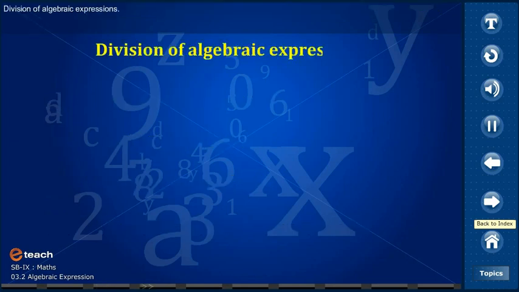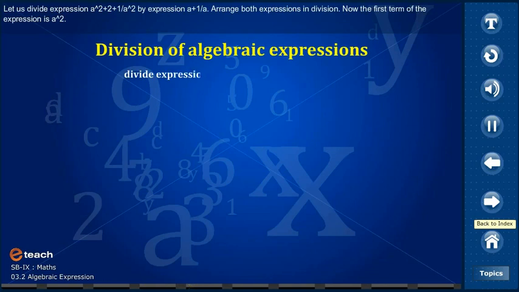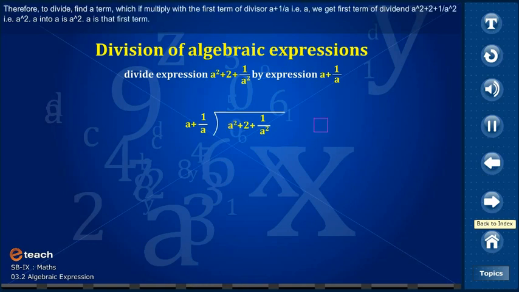Division of algebraic expressions. Let us divide the expression a square plus 2 plus 1 by a square by the expression a plus 1 by a. Arrange both expressions in division. Now the first term of the dividend is a square. Therefore, to divide, find the term which if we multiply with the first term of the divisor, a plus 1 by a, that is a, we get the first term of the dividend a square plus 2 plus 1 by a square, that